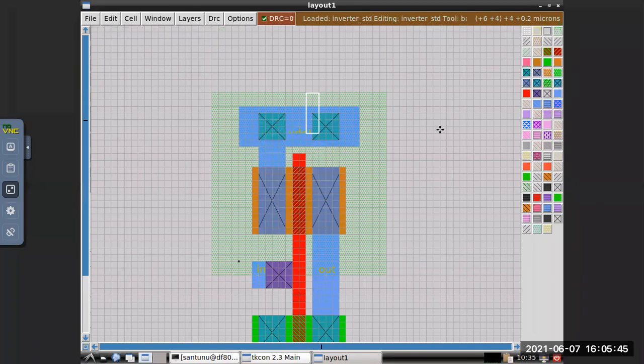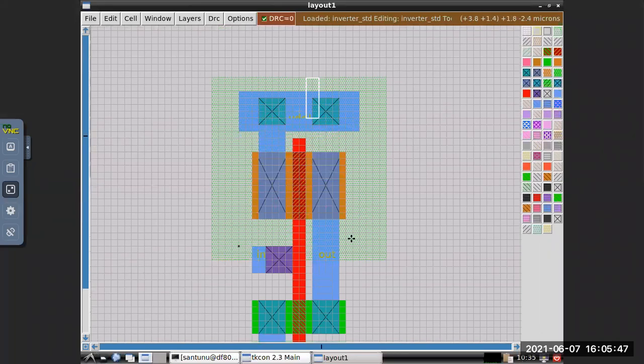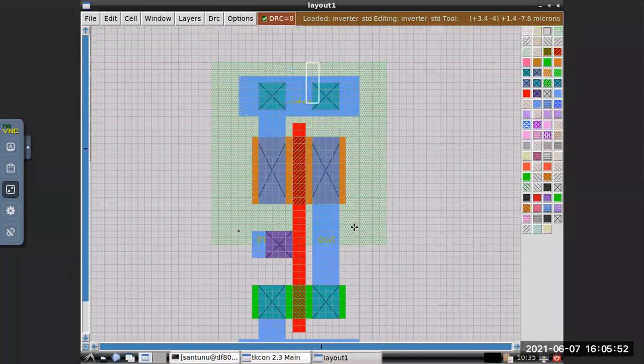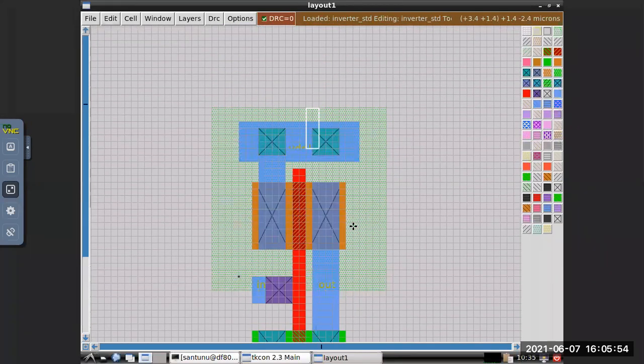So the width of this inverter is 3.6 micron and the height is 7.8 micron.